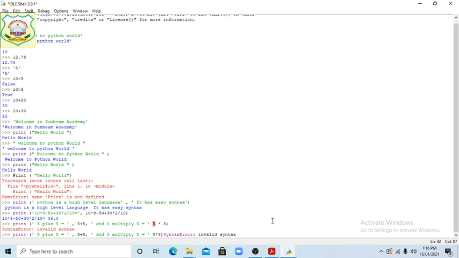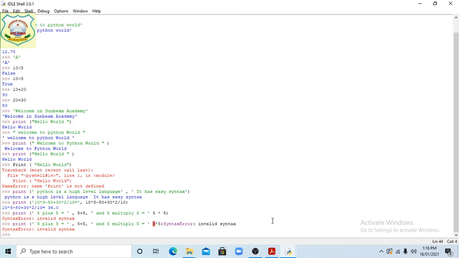It means, see here, the syntax error. So again I'm writing, students, print, if any small unnecessary space, so also we will get the same. 5 plus 5 plus 5 equal,